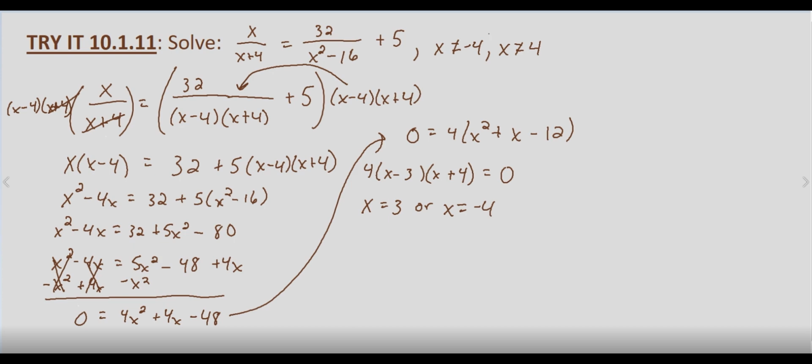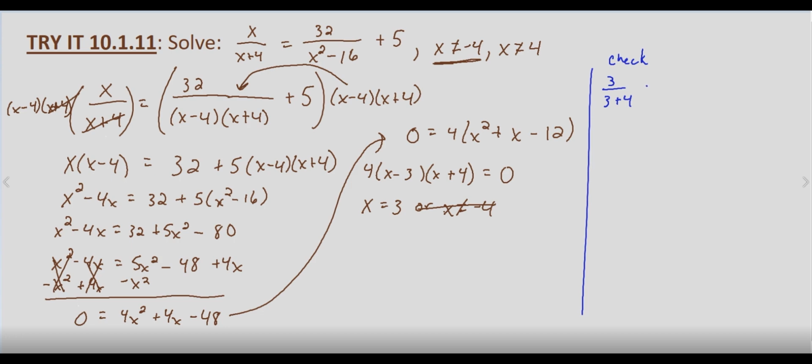But if you remember up here in the beginning, x equals negative 4 is not a possibility, so this one is an extraneous solution. We're left with just x equals 3. And we'll still go ahead and check our solution. Check by substituting into the original equation. So 3 over 3 plus 4